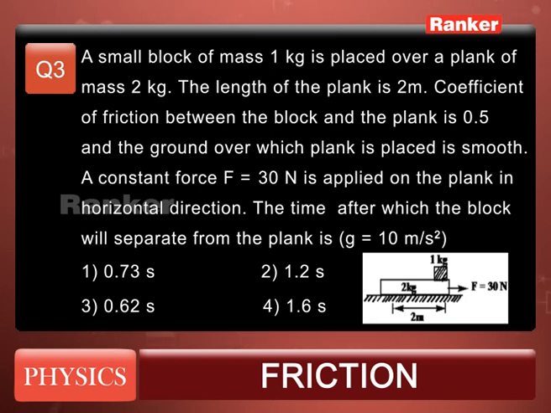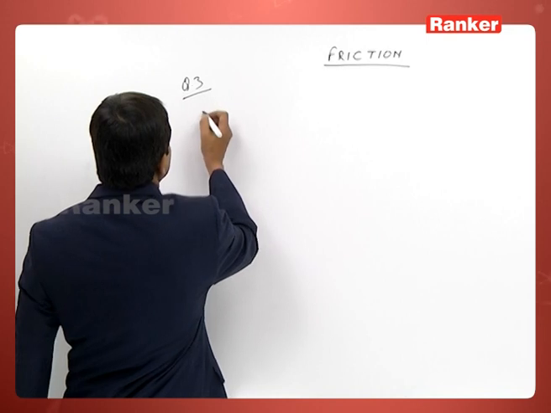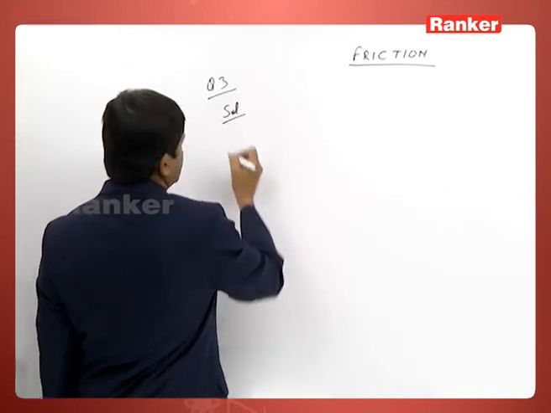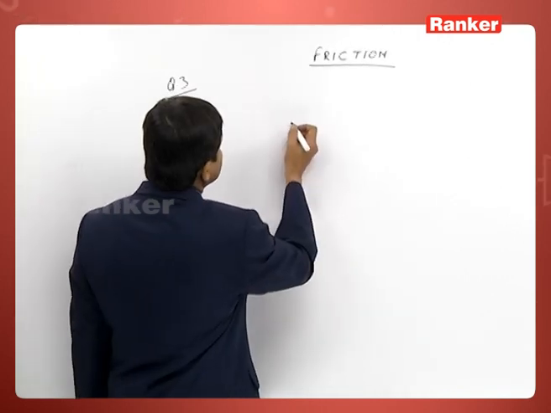And our options are: first option is 0.73 second, second option is 1.2 second, third option is 0.62 second, and fourth option is 1.6 second. These are our options. Now, see how to solve the problem. See the solution. In the question, they are giving us a plank,